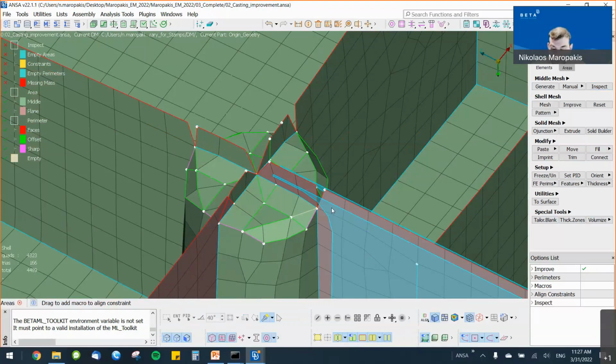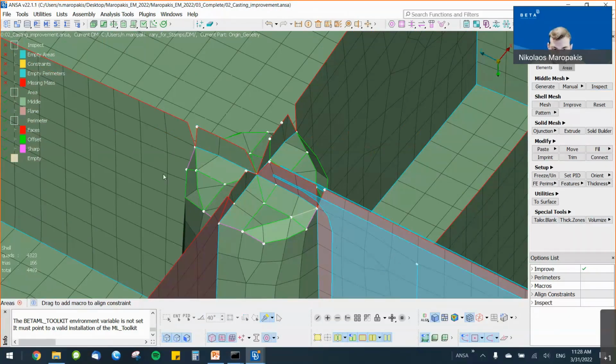Here we can see two different types of align constraints. The red colored areas have the align constraints of plane, which positions them in a plane that is defined from two different faces of the geometry, seen here with the blue color.